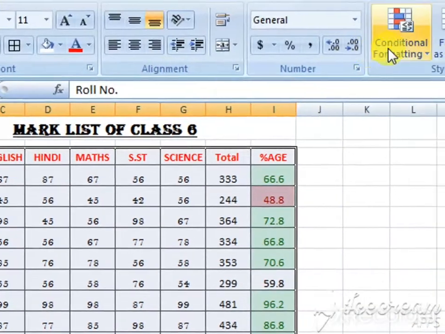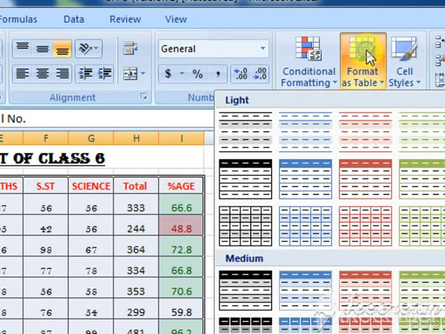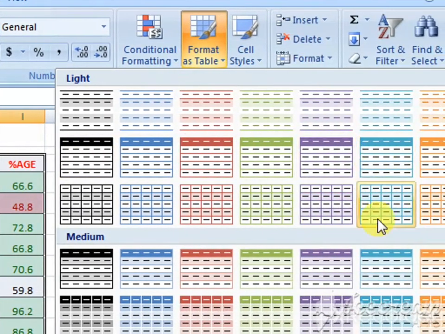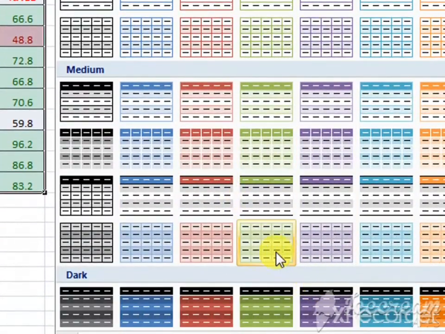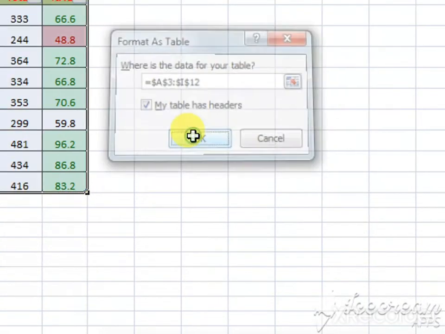Now, after that, go to format as table. Now, you will see many predefined tables here. Okay, like I'll select this. Where is the data for your table? Okay, just click on OK.